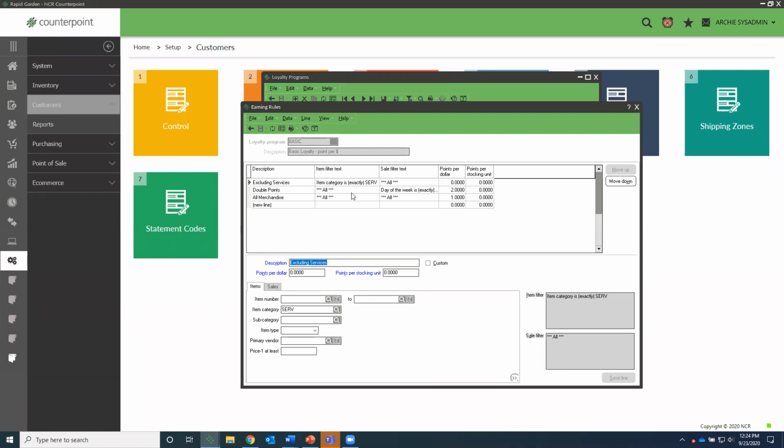So when a customer comes up to the register and they are buying certain items and they have a loyalty program, it will first start with excluding, right? It'll look at, well, do they have any services on that ticket? And then after it looks at that, it asks, well, is it Monday, right? So do we need to give them double points? And then it'll look at my last one here, where let's give them 1 point for everything that they purchase,